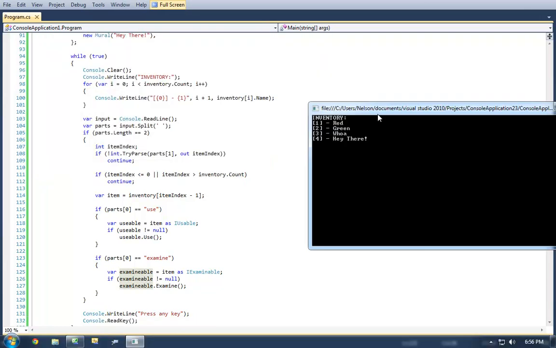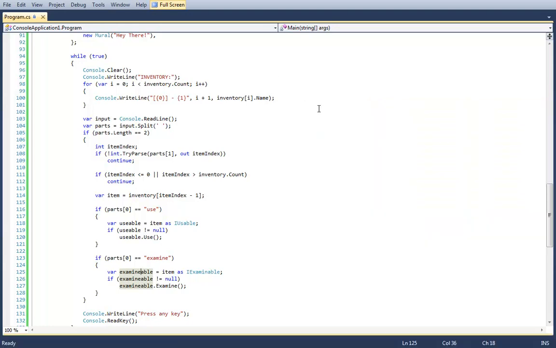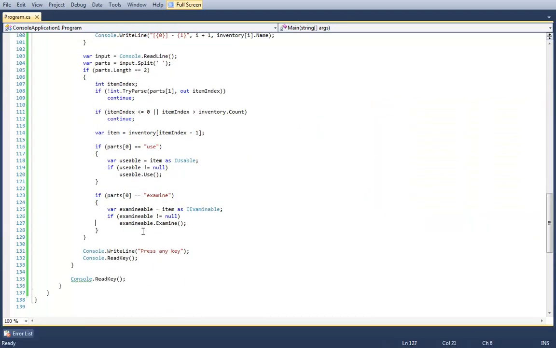So in this case, we have a polymorphic inventory where we can use a 1 and we can unlock red doors. We can use a 2 and we can unlock green doors. However, if we use a 3, we don't get anything. In fact, I'm going to go ahead and say else console writeLine